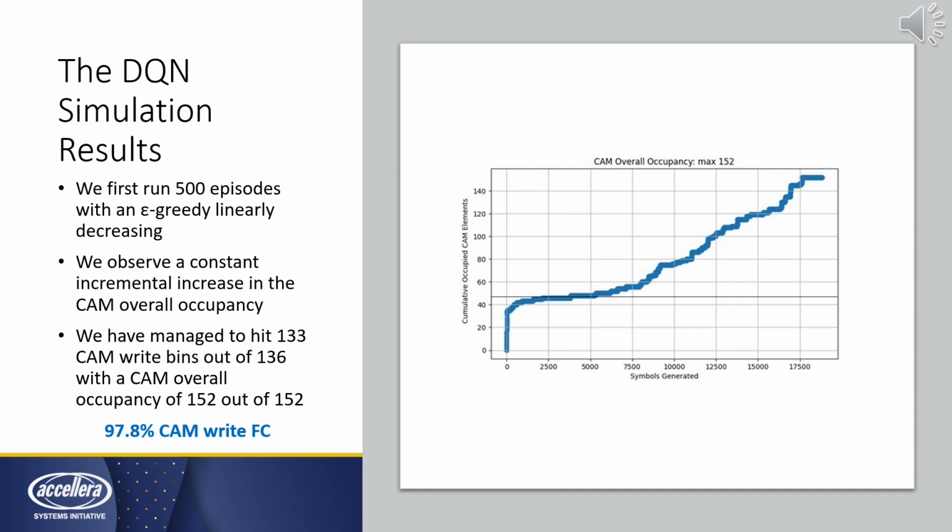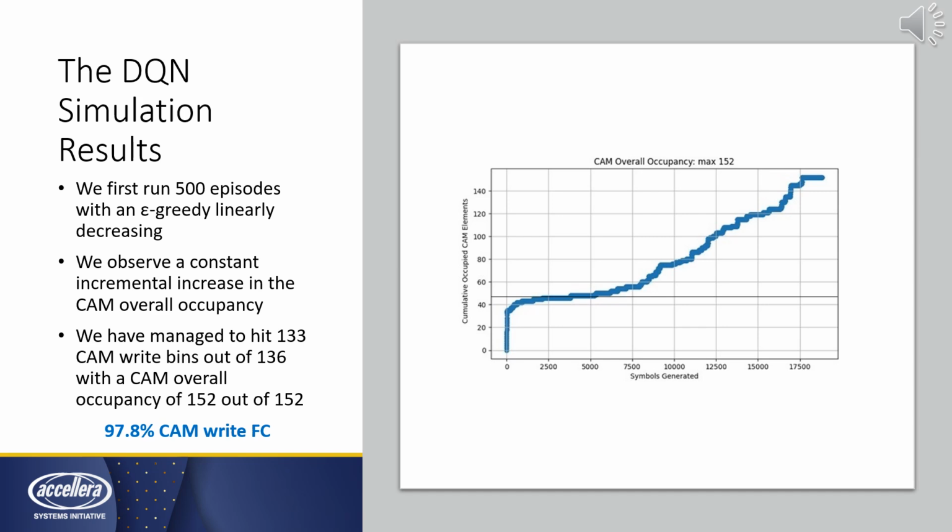Always in the future, the target of our DQN agent is to maximize the reward, meaning to maximize the hits on the functional coverage. And we can see that if we generate 2,500, 5,000, 7,500 symbols,